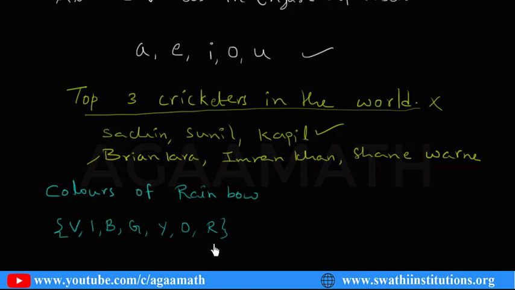Does this collection differ from person to person? Whomever we ask what the colors of the rainbow are: violet, indigo, blue, green, yellow, orange, red. No other colors will be taken. If we ask another person, he will not come up with other colors. So these are the 7 colors of the rainbow, so it is a set. It is a collection of colors, but well defined: colors of the rainbow. So this can be treated as a set. Let me take one more example for better understanding.